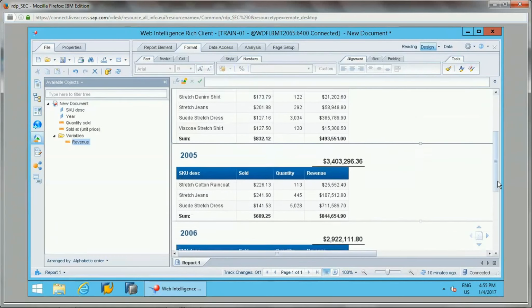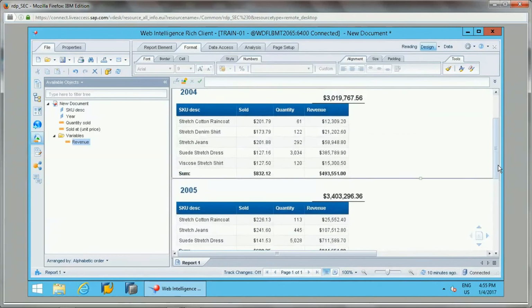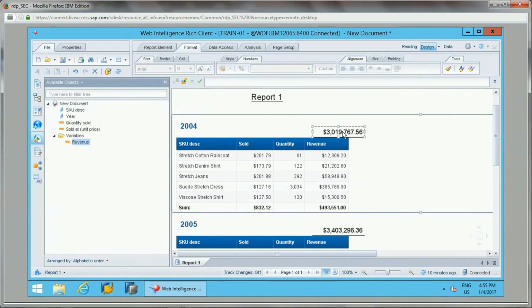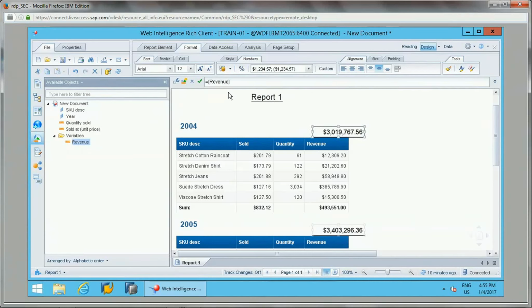Because what is happening is the context is not properly specified, so it is taking a default context. The default context for this is the sales revenue. The formula is just revenue, which calculates sold into quantity.